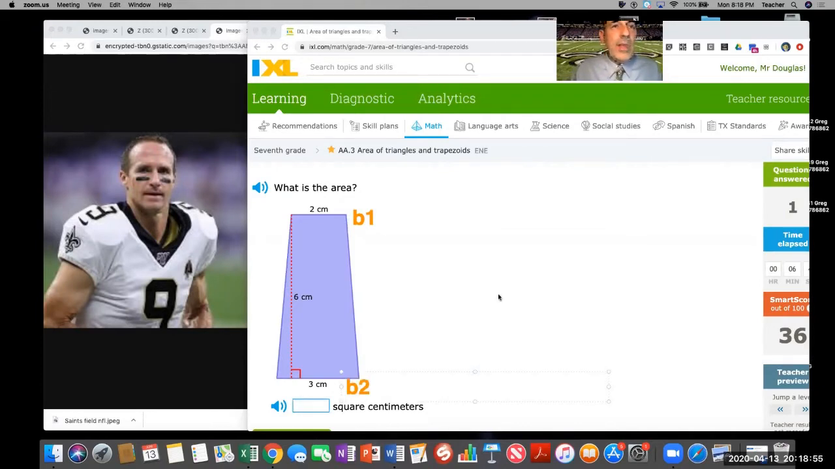So I have 2 bases. Now, if you took a pair of scissors and you cut along this dotted line, okay? And then I'm going to try to do this. I don't like to write a whole lot, but if you took this triangle and you flipped it around over,